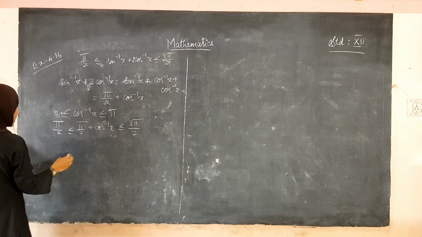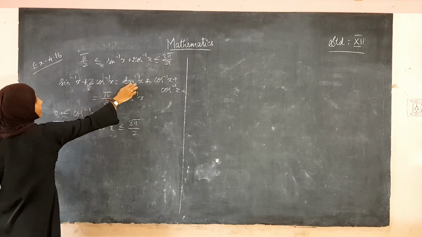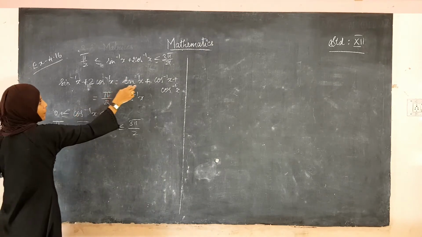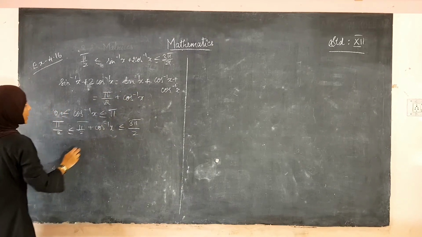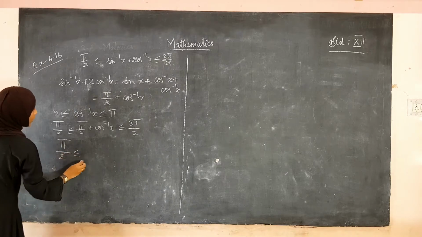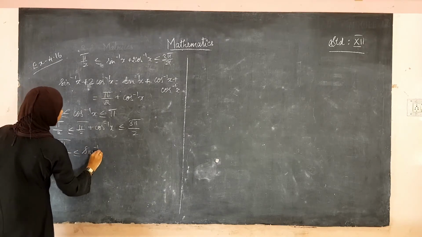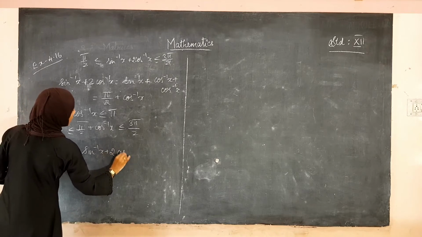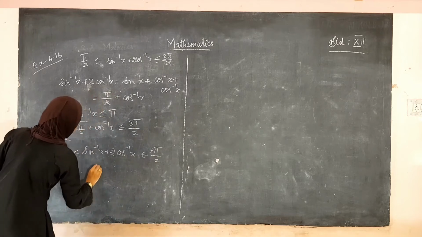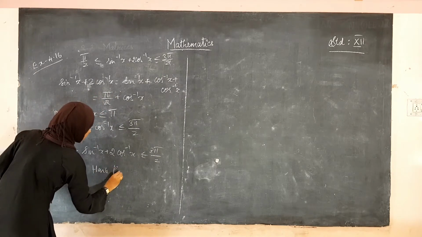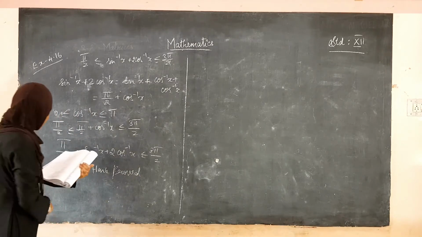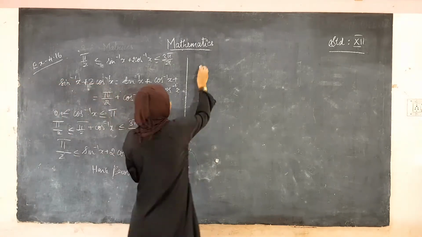So, what's the answer? Instead of pi by 2, we can substitute sin inverse of x plus cos inverse of x. So, sin inverse of x plus cos inverse of x plus cos inverse of x becomes pi by 2 less than or equal to sin inverse of x plus 2 into cos inverse of x less than or equal to 3 pi divided by 2. Hence proved. This is the question they have given, and this is what we had to prove, right? Since we have proved it, let us see the next example.